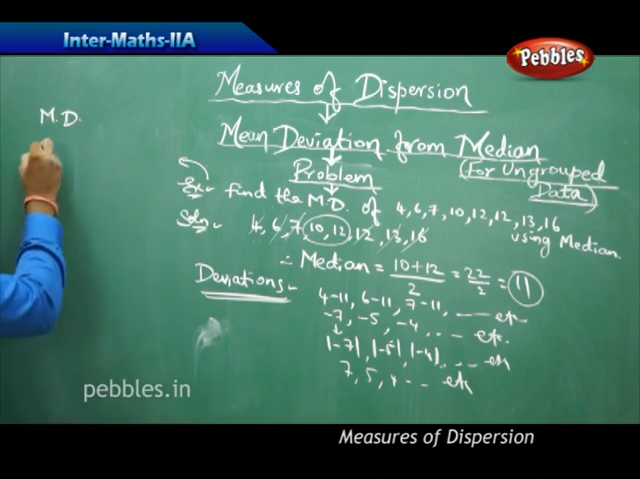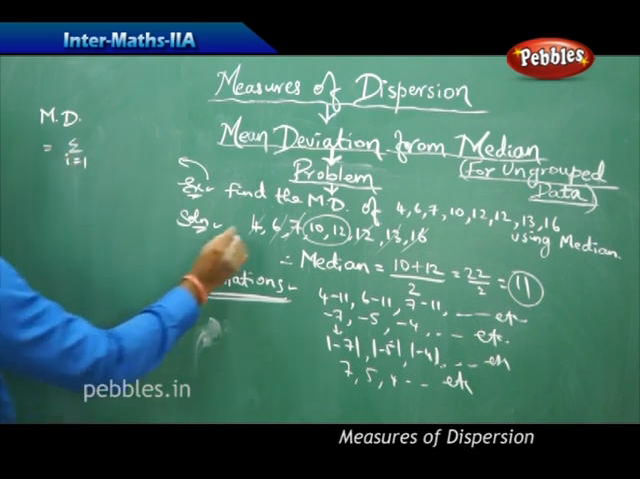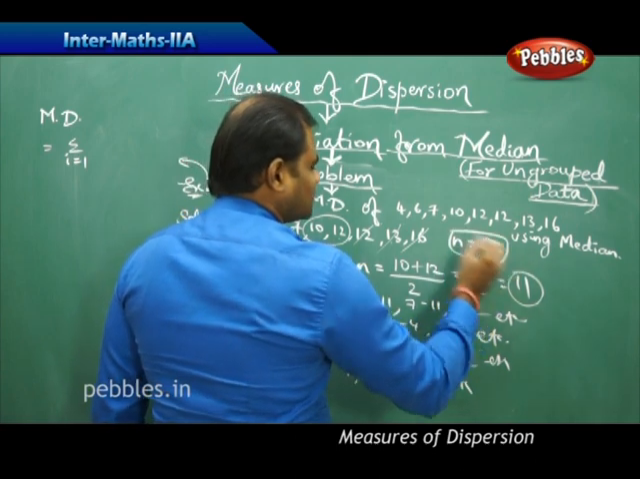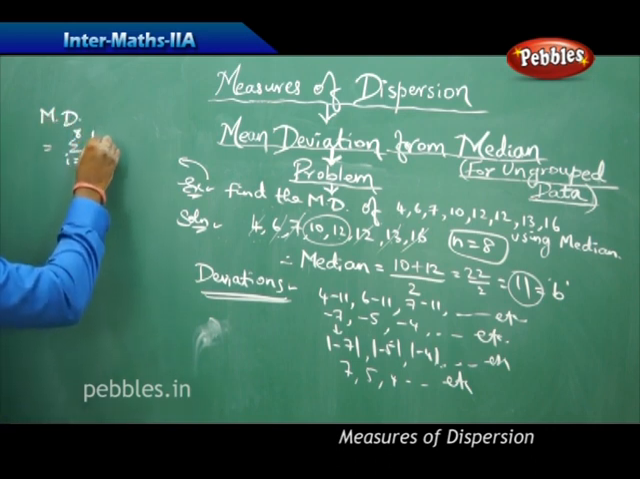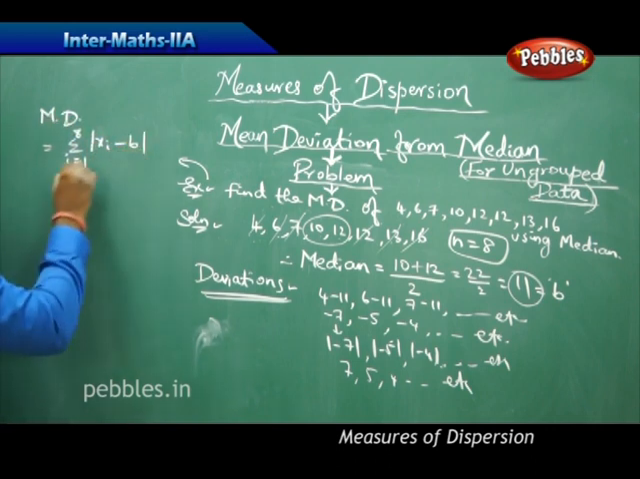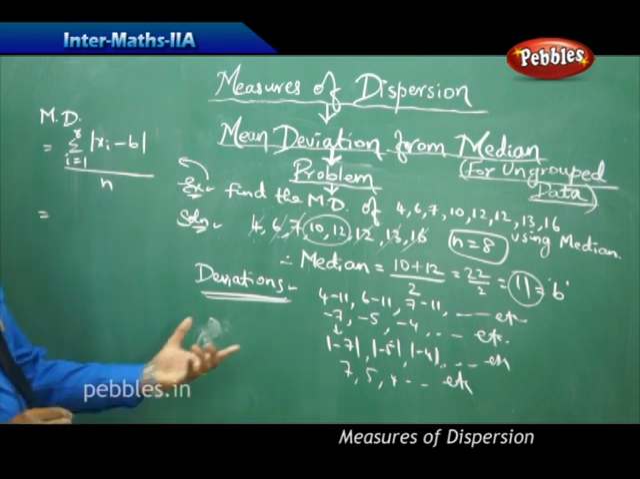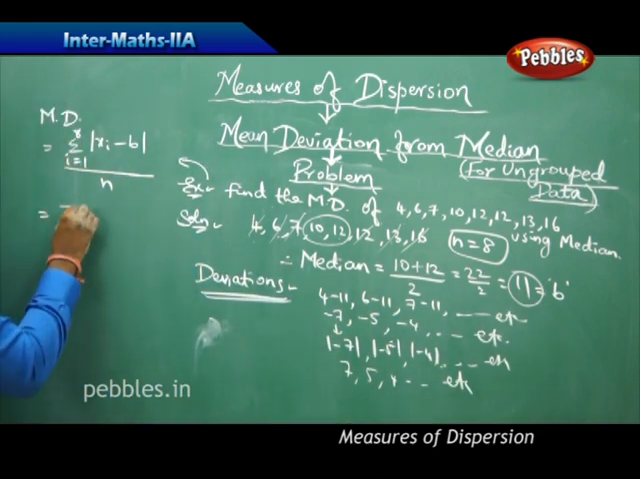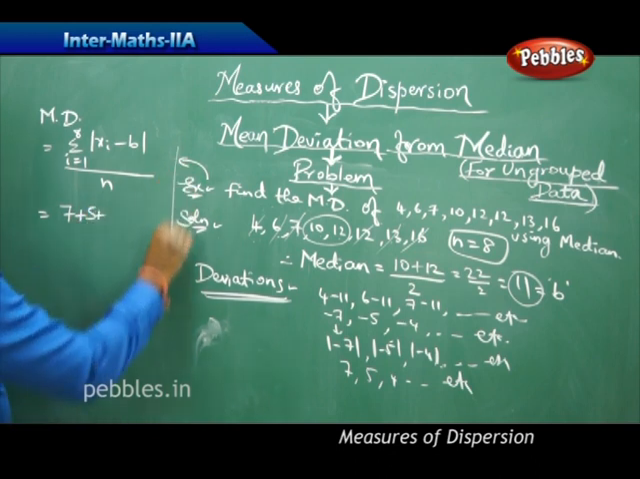So mean deviation is sigma i running from 1 to 8. So n is 8 and this is b. Therefore, sigma i running from 1 to 8 of mod xi minus b, divided by n, which gives me mod of xi minus b, that is 11 minus 4, which gives me 7, plus 11 minus 6, which gives me 5, plus